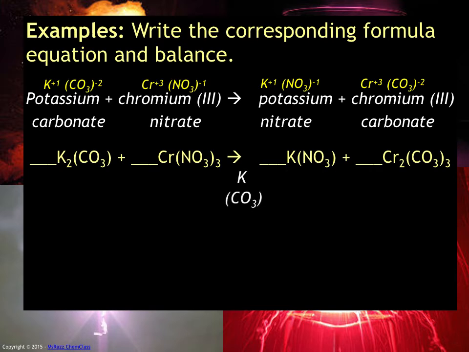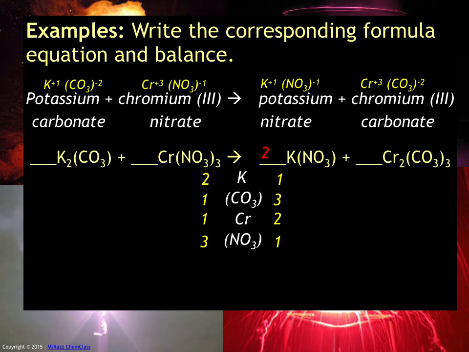For this one, we can keep the polyatomic ions together because they appear on both sides of the equation. Next step is to go through and count. There's 2 potassiums, 1 carbonate, 1 chromate, and 3 nitrates on the reactant side. There's 1 potassium, 3 carbonates, 2 chromiums, and 1 nitrate on the reactant side. We'll start at the top. We have 2 potassiums on the reactant side, 1 potassium on the product side, so I'm going to add a